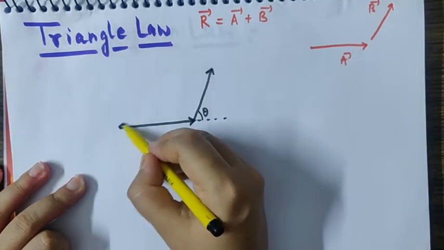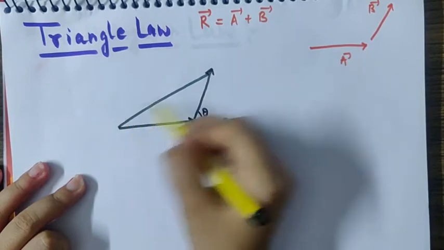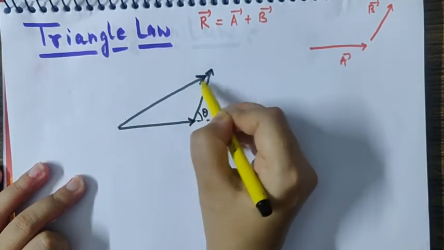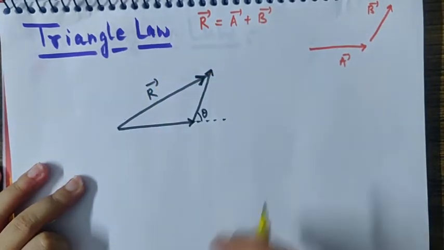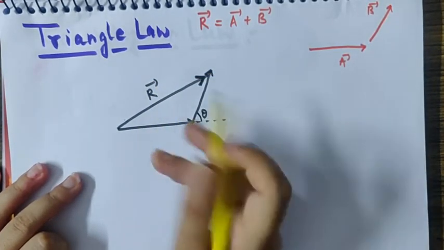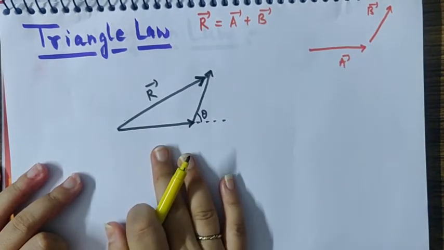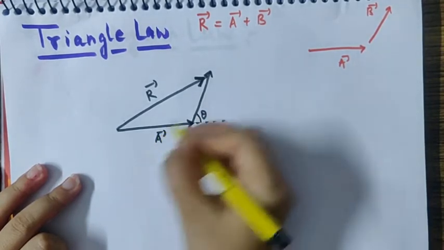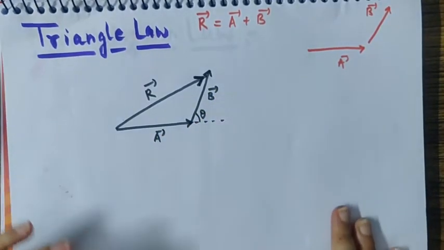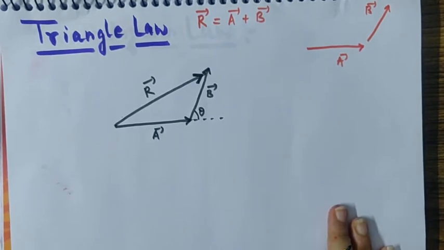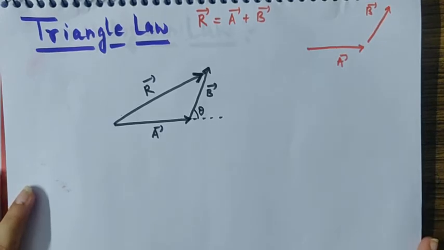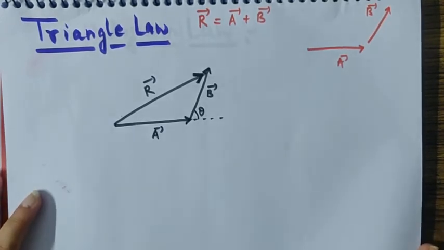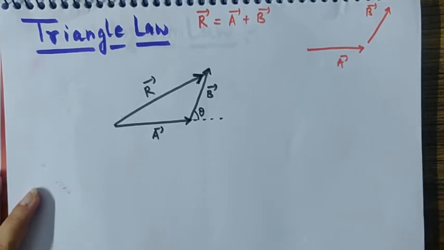Then the third vector, the closing side, is taken in opposite order. Order opposite meaning this will represent the resultant. So the resultant is R vector, and I'll be finding out the value of this resultant. If this diagram were a right angle triangle, meaning if A and B were acting perpendicular to each other, then I would have no need to tell you what R vector should be. You could have applied the Pythagoras theorem at first and found the value of the resultant. But in this question, they are acting at some other angle, so it should be solved.